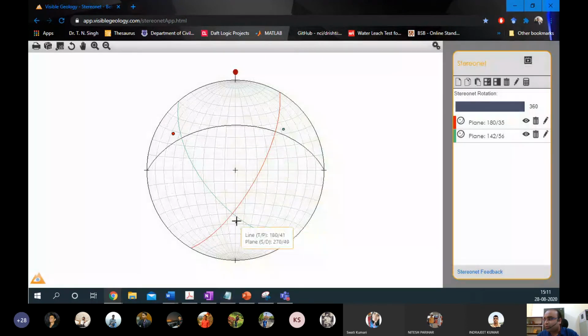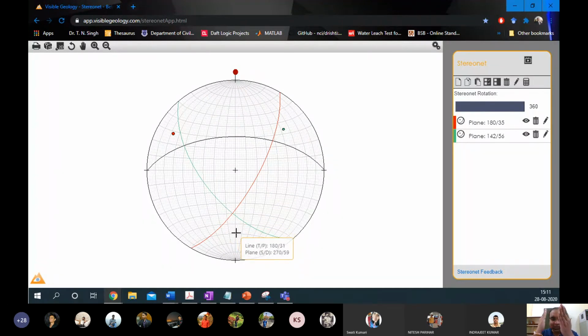So now you see these two planes are plotted in this stereographic net, right? And the point of intersection between these two basically represents a line which is made by the cross section or the intersection of these. So the intersection of these two planes will represent a line, and that line is represented by this dot.